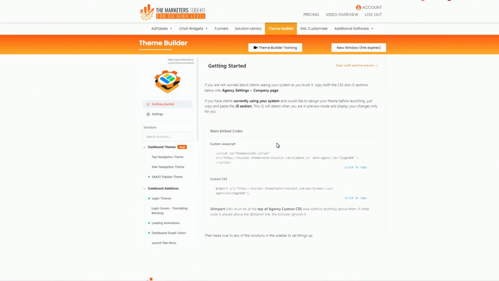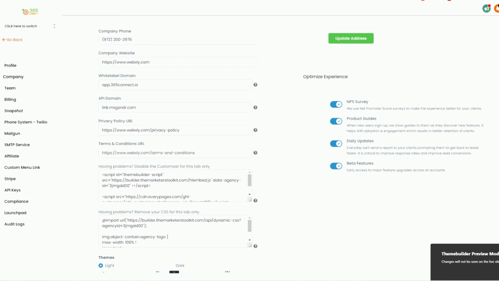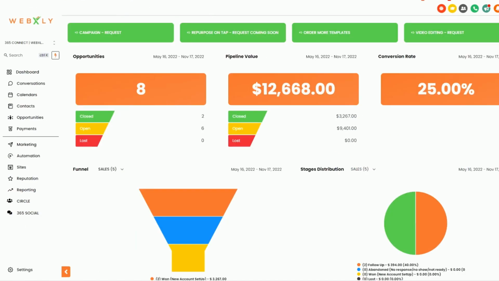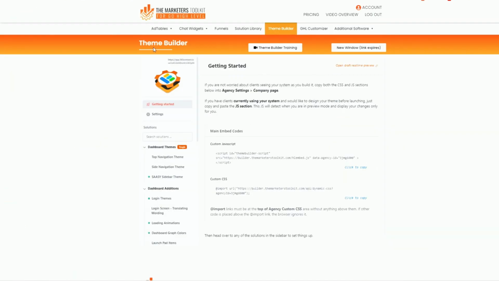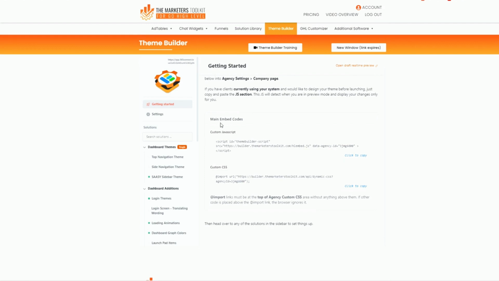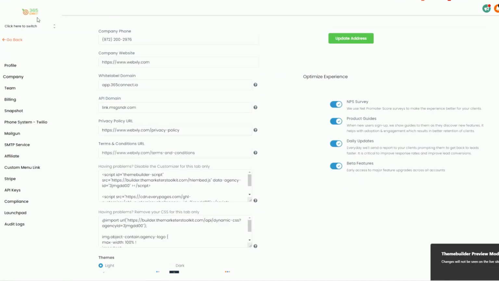So how do you add your code to make your awesome dashboard look the way you want it to look? Let me show you how easy this is. If you are using the theme builder, it's very easy. The instructions are right here, but the bottom line is you're going to want to embed the JavaScript and the custom import codes. So you're just basically going to copy these, and inside of your agency login, your main agency